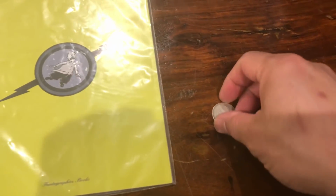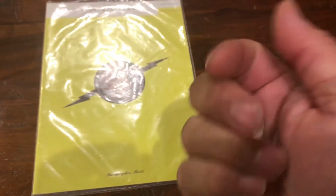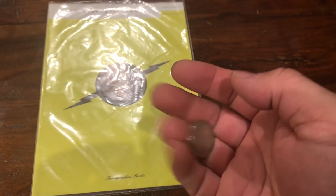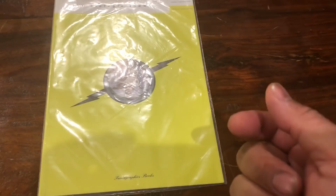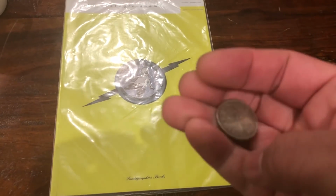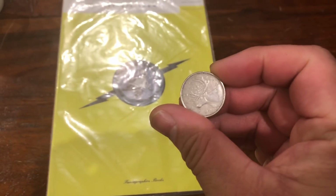Actually, this is not a thrift store find. I got this from the bank, which was across the street from the thrift store. I had to pop in, and the teller said they had something. Well, she had something for me, and she offered me the silver quarter,